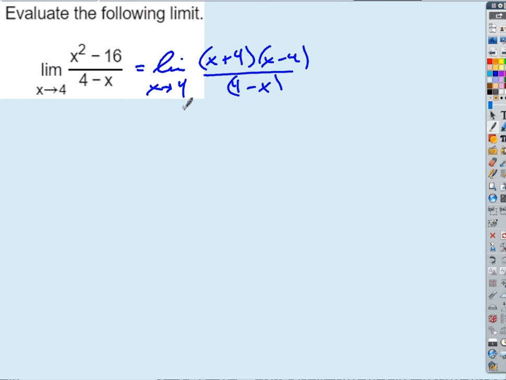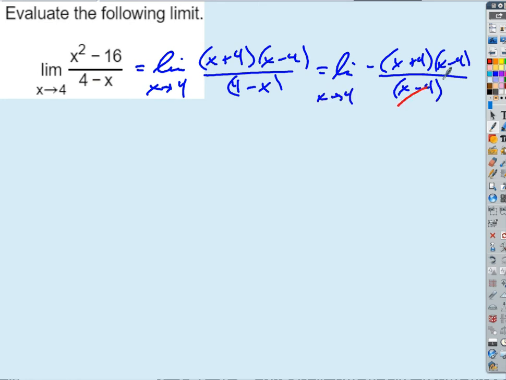is one way to think about it, or I could factor out a negative from either the top or the bottom. Either way, right? If I think about this as distributing it or multiplying the top and bottom by negative, you see that that's one way to do this. You might like that way. I could write this as the limit of negative x plus 4 times x minus 4. What happens if I distribute a negative through there? I get an x minus 4. That's my point. It amounts to the same thing, doesn't it? Yeah. Right. Either way,